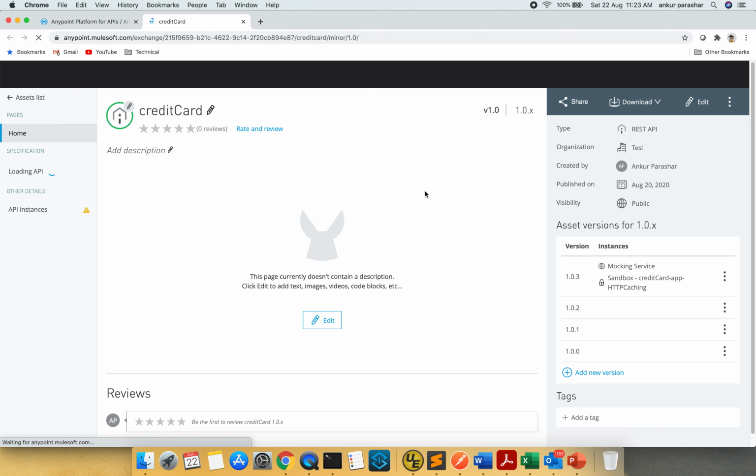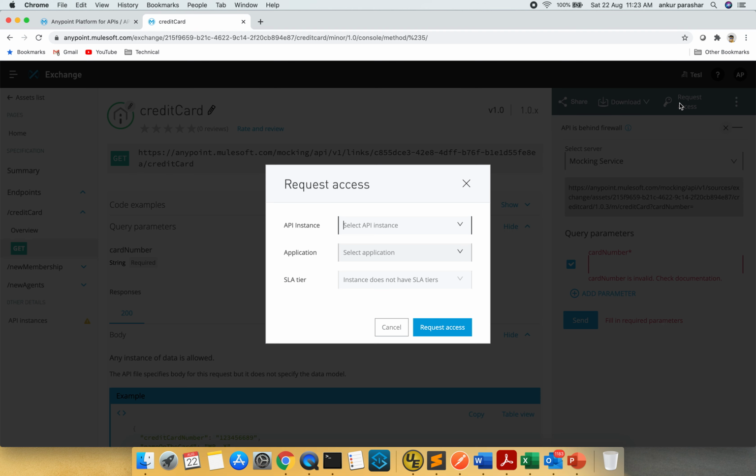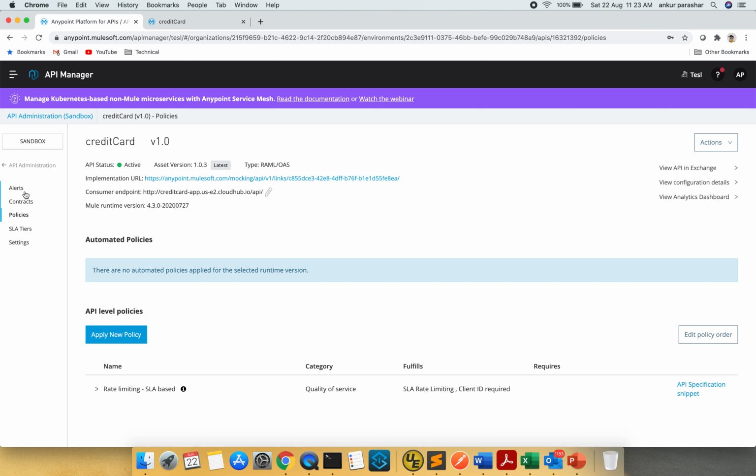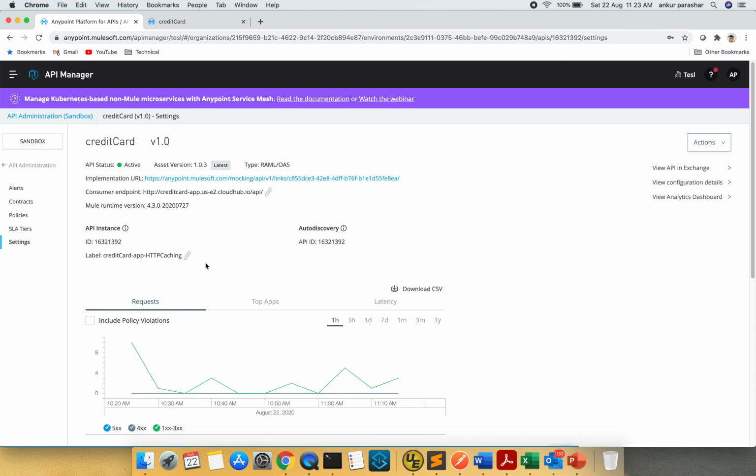I will go to the API Exchange now and we'll select, let's say, the get operation and request access. It will ask me for an API instance, and the API instance, if you see over here, it is showing credit card app HTTP caching.